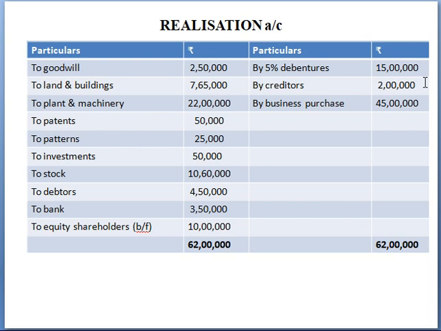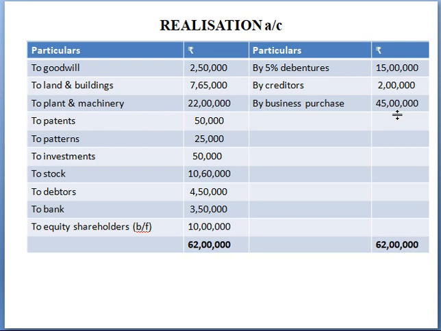The third one is the business purchase, right? So the business receives the purchase amount. So credit all incomes and gains. That's what I had given here, credit entry. So what is the purchase amount we have calculated, which is 45 lakhs, right? So that's it, three items. If there are any expenses, enter them as your fourth entry. If there are preference shareholders, write them as your fifth entry.